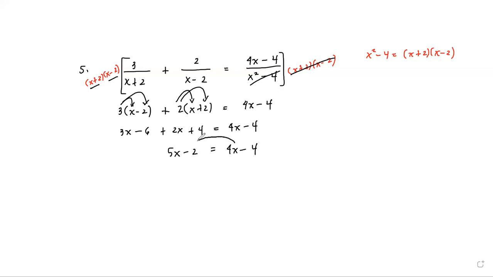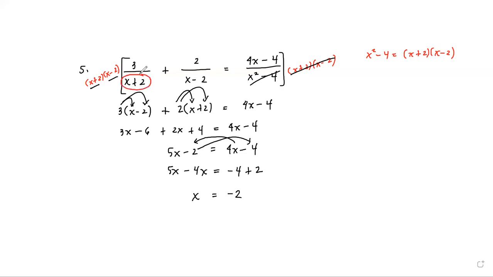So we shall transpose 4x to the left side. So that gives us 5x minus 4x. And then transposing negative 2 to the right side, we get negative 4 plus 2. So 5x minus 4x, we get x at the left side, and then negative 4 plus 2 is negative 2. However, if we check, or if we substitute negative 2 to the denominators,